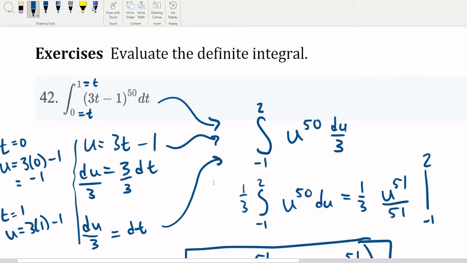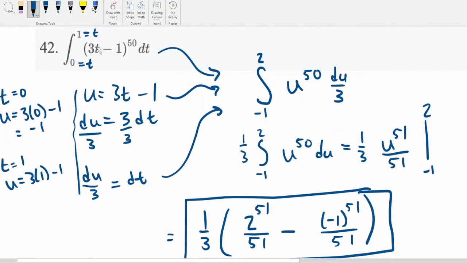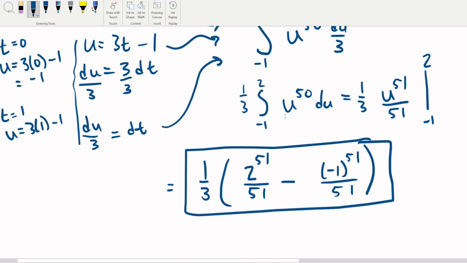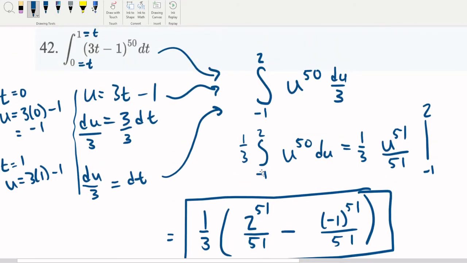That is how we do it. All right, so recap: u-sub. Okay, just like we were doing, switch the bounds to use, and then this problem we know how to do. We're all good here. Now the other way you can do this is leave off the bound switching, and